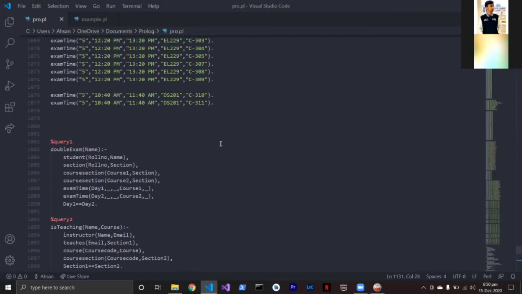So the double exam query accepts name as the argument, and with that name we get the roll number of that student. Then by roll number we get the section of that student, and with the section we get our course sections.